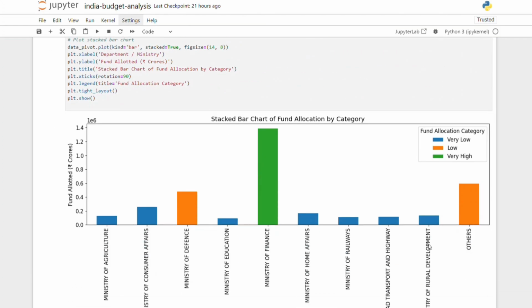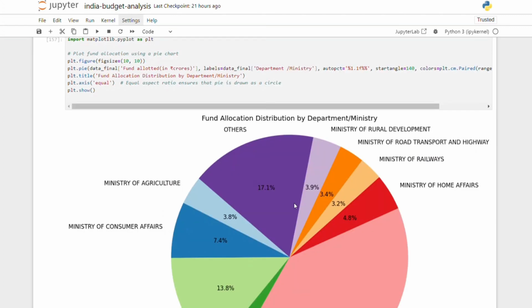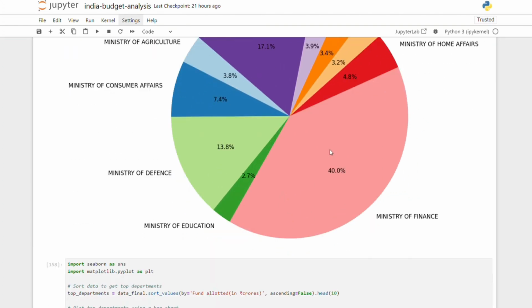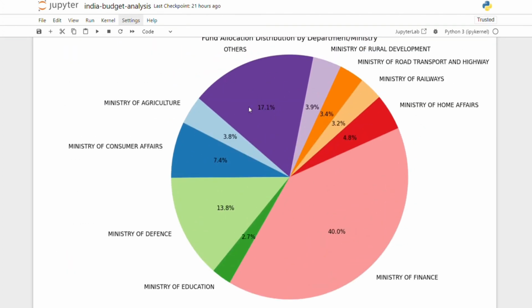Then we have consumer affairs funding. The Ministry of Consumer Affairs has a significant fund allocation of 56 lakh 948. This high allocation could be due to the crucial and critical nature of consumer protection, food distribution and the public distribution system managed under this ministry.